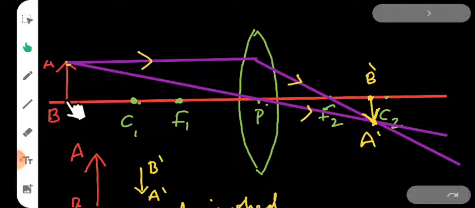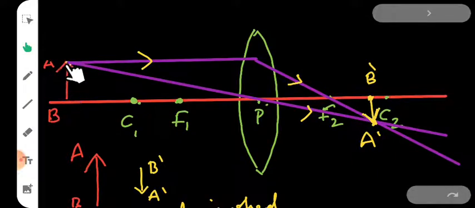It could be anything. It's not at infinity, it's not very far away, it's not like stars or the moon. It's like a tree very close to you or your classroom or where the lens is. Okay, so that's what you would get. So your object AB is here, so don't mind the rest of the diagram. Your object AB is here, and you have